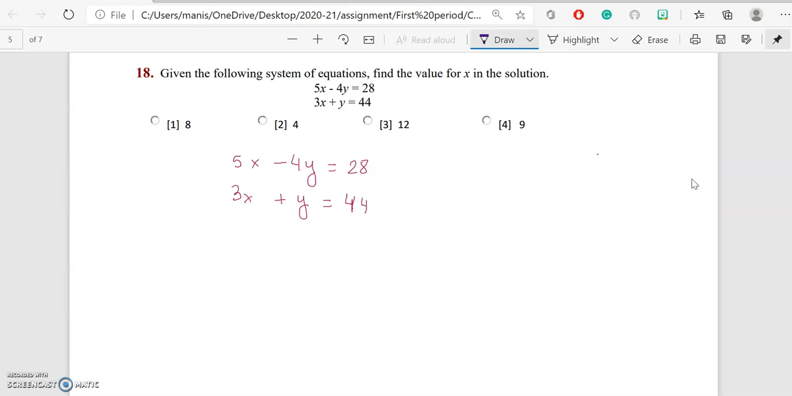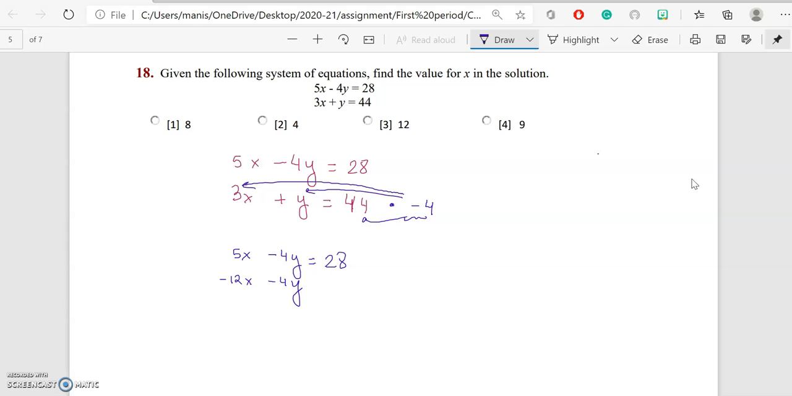I cannot do anything yet. To get rid of y, I need both of these to be the same. This is negative 4, but this is not negative 4. How can I make this negative 4? I need to multiply this by negative 4. But please keep in mind, when you multiply by negative 4, you have to multiply every element by negative 4. So my next step will look like this: 5x minus 4y equals 28, and negative 4 times this will be my negative 12x,